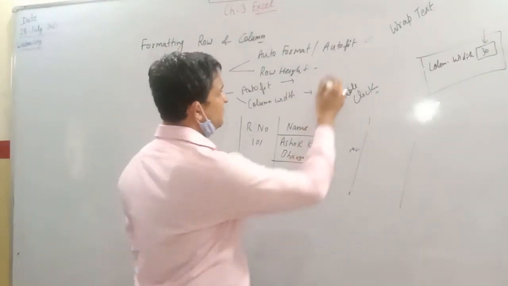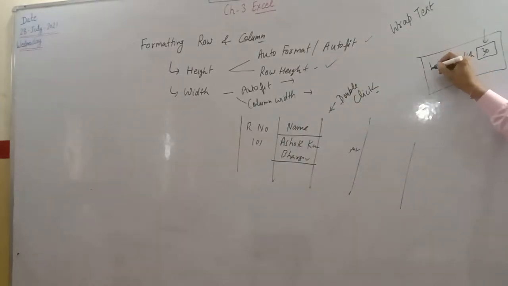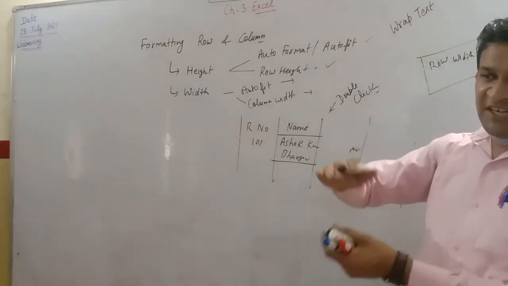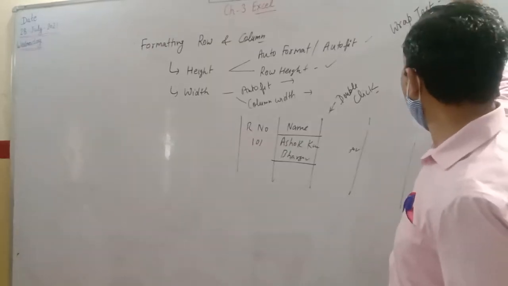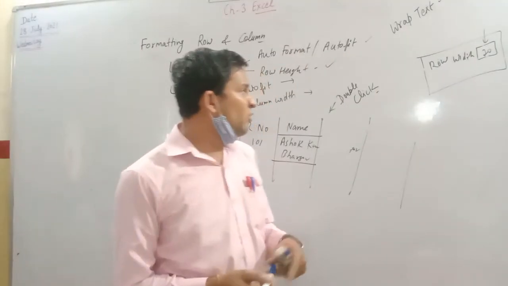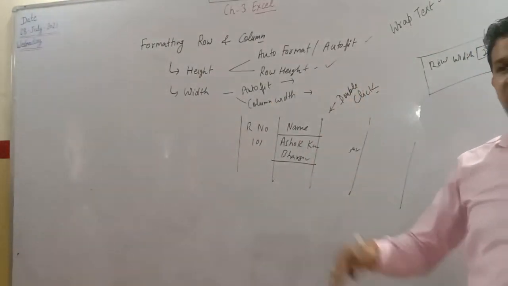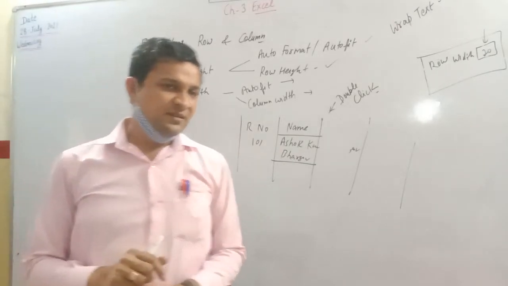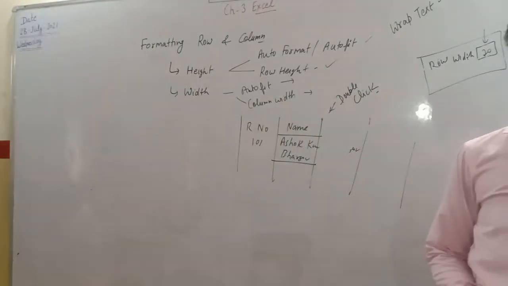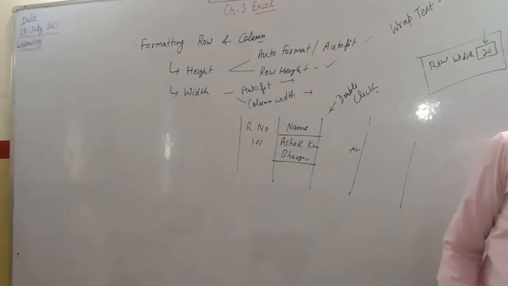What will happen when you select the row height option? In case of row height, it will ask for the height of the row. How much do you want to give? I am giving 20 here. It will extend the row height according to the size. We can adjust it accordingly. And if you click on auto fit, it will automatically fit the height that is required to enter the data. So both options are there. Auto fit is there, and the user-defined option is also available. Next is hide and unhide.